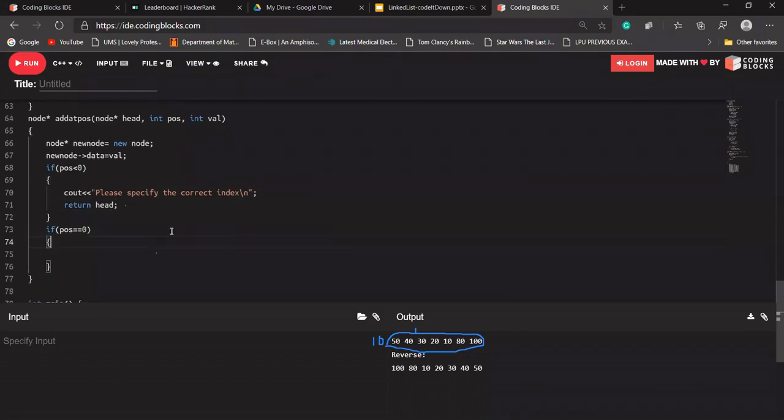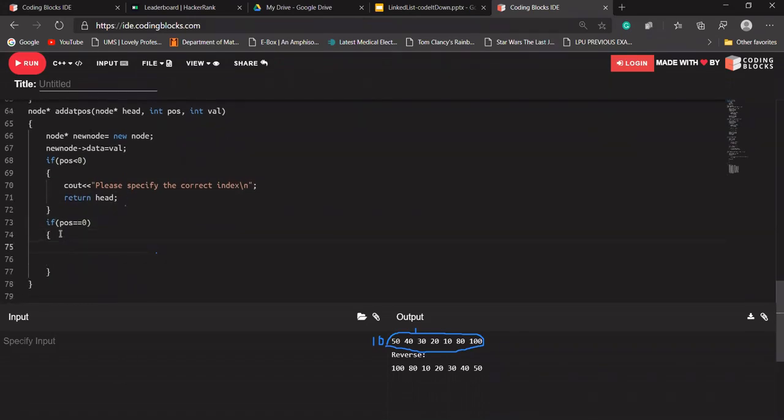If position is equal to 0, that means we have to add something at the front of our linked list. Because we have already implemented the function for adding data at the front of our linked list, we won't write the code again. So it will say return add at front, passing the head pointer and only the value.